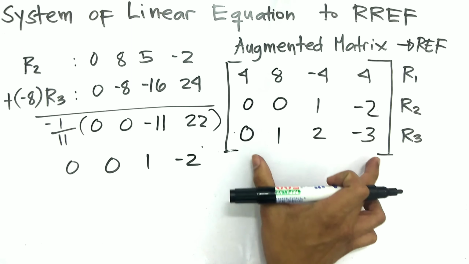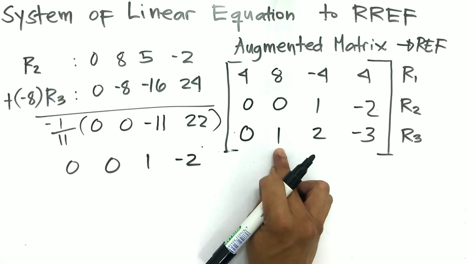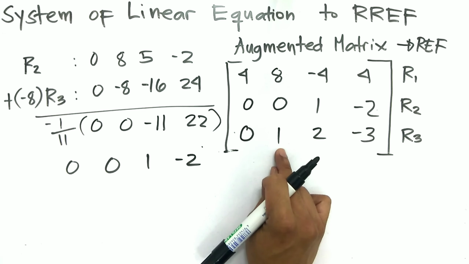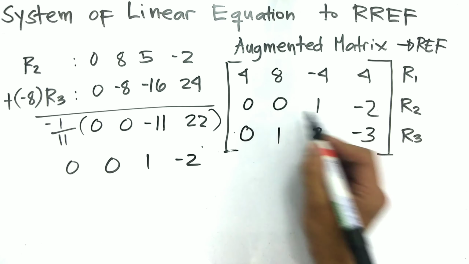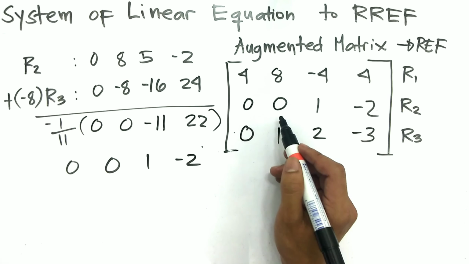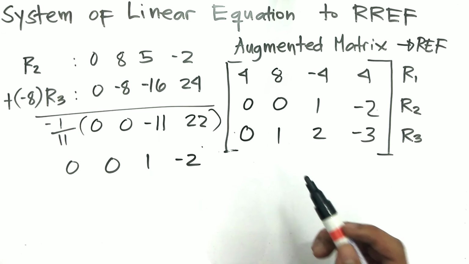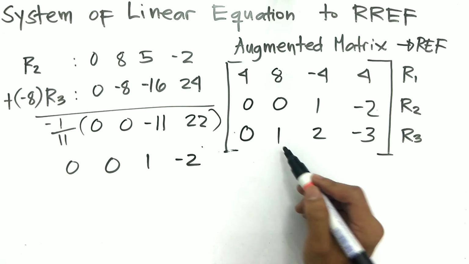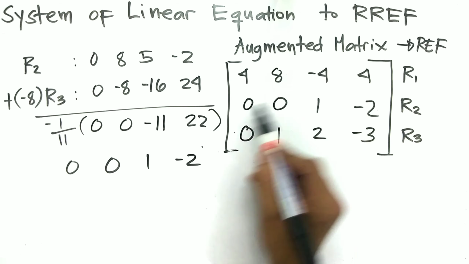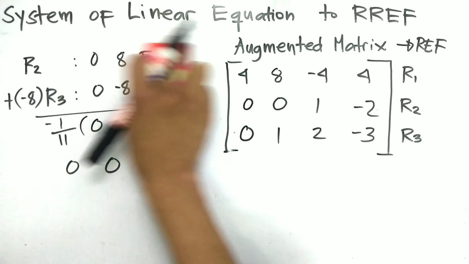Why did I not change row 3? Because that is already a leading coefficient 1. If we will retain the original row 2, that is 8, we will still perform operations on it for it to have a leading coefficient of 1. So I just eliminated row 2 and changed it into this value. So we already have your